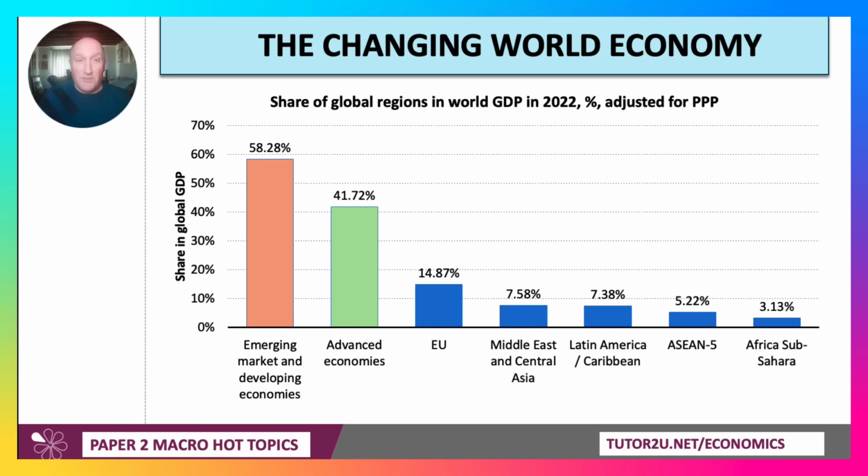I'd love to show this slide in my talks. As of 2022, in fact, advanced economies, the likes of Germany, Japan, the United States, the UK, they only had 42% of the world economy, world GDP, whereas emerging market and developing countries had 58%. And that balance continues to tilt away from rich nations towards emerging countries, which are growing more quickly. The European Union, minus the UK, now has less than 15% of the world economy. And Africa, sub-Saharan Africa, all the countries together, barely climbs above 3%